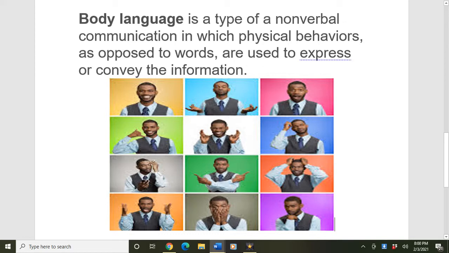Whether they are talking to you or not, people are constantly communicating to you, constantly expressing their feelings through their body language. As you look at the pictures below, you see this guy, and you can tell from each of these pictures how he feels based on his body language, right? Is he shocked? Is he amazed? Is he confused? Does he want you to call him? How is this guy feeling? You can tell from that body language, or if you're good at this, you can tell how he's feeling.